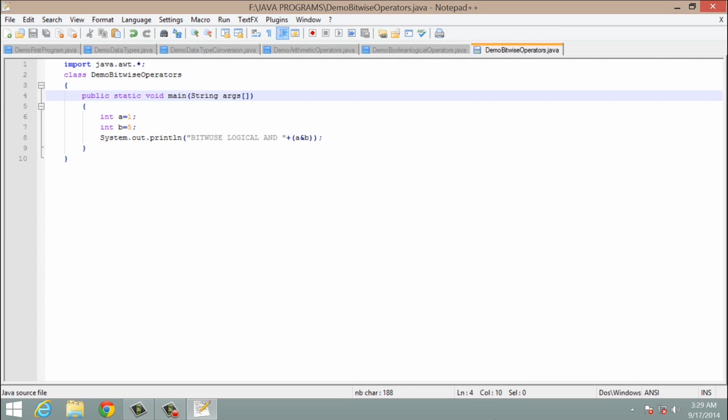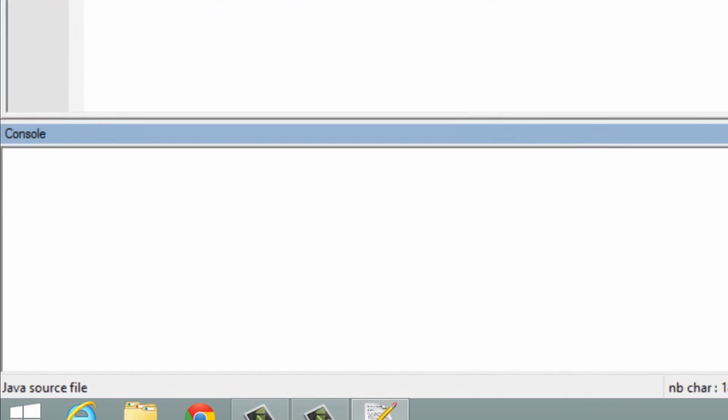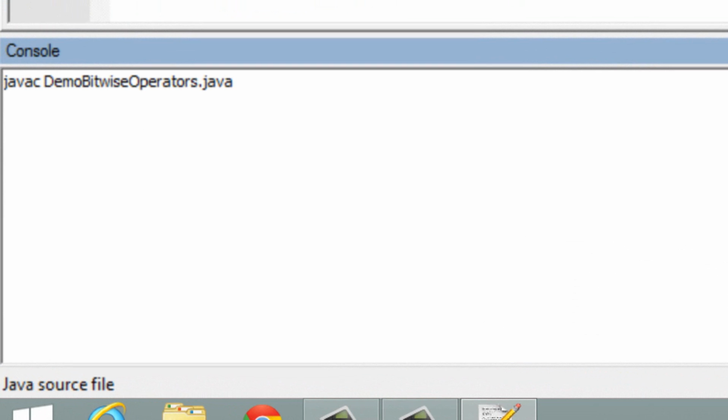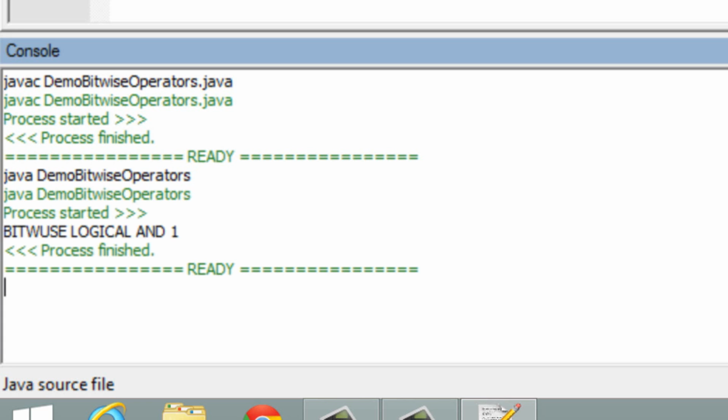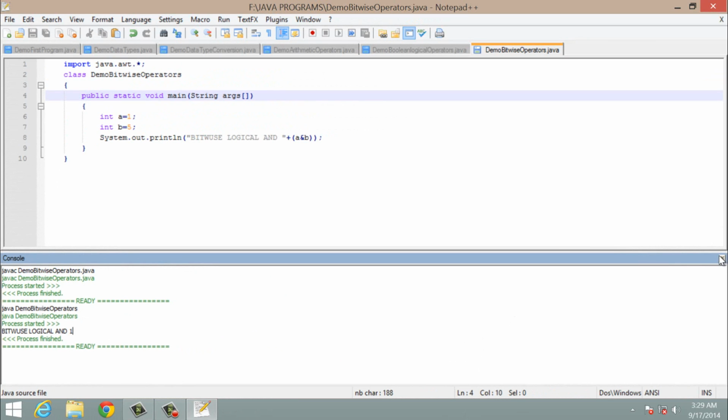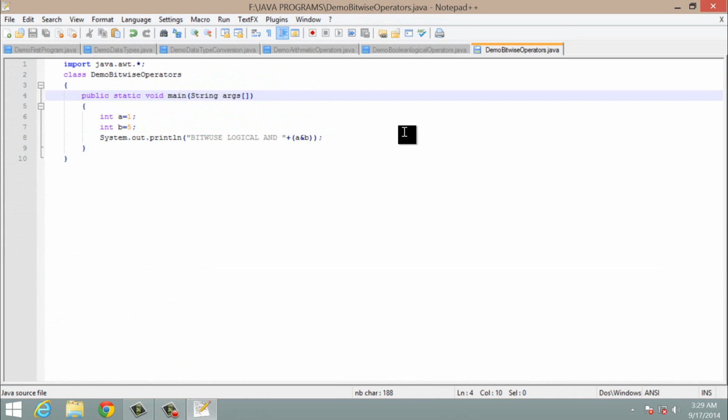Let's save it again. Now let's compile our program. To compile a Java program, we type javac followed by file name, that is demo bitwise operators.java. Our program has compiled successfully. Let's run our program. To run a Java program, we type Java followed by class name. There you can see our program has compiled successfully and the result is 1. So this is how your bitwise logical operators work.